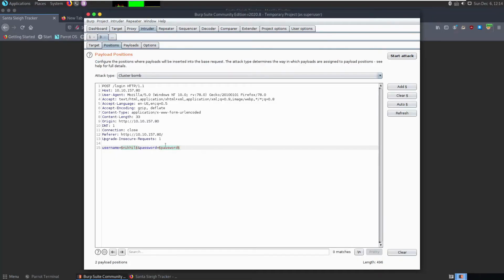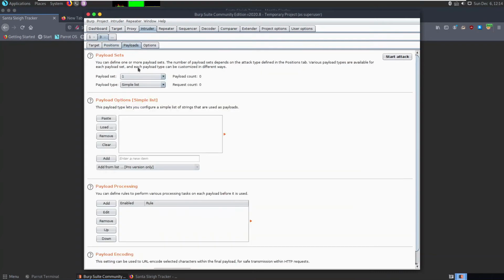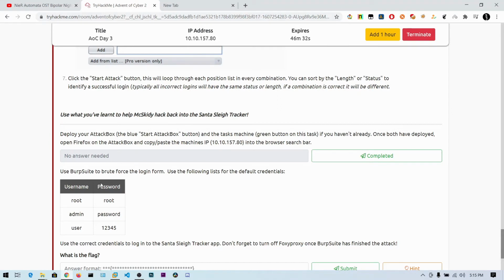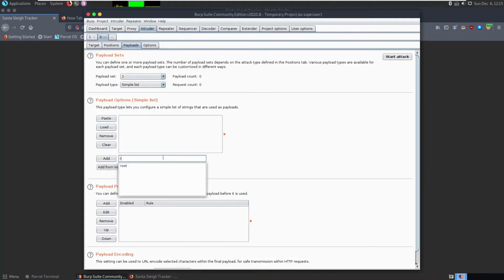So there are two payload positions, right? Now you can click on these payloads and choose one or two. First I am going to add the usernames. If you are using Burp Suite Pro, you can directly load a text file. Otherwise you need to copy all those usernames and paste them in here. Since this is a demonstration, I am not using any username word list. I am just copying the usernames: root, admin and user. So my usernames list has been added.